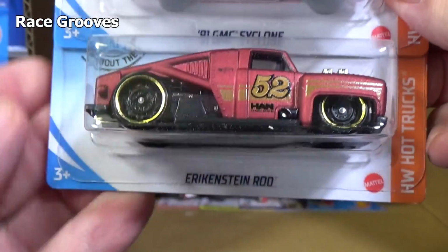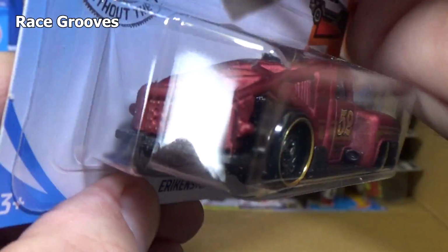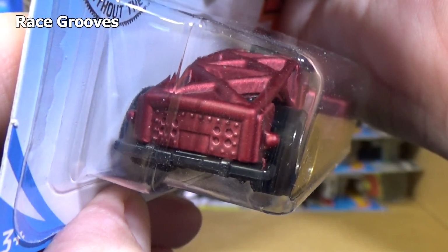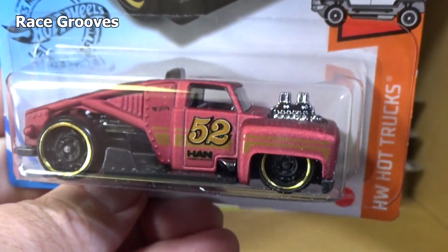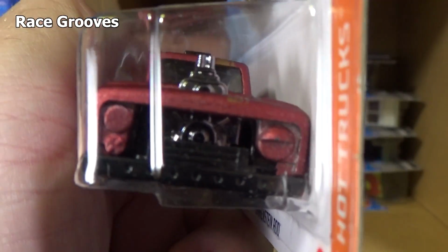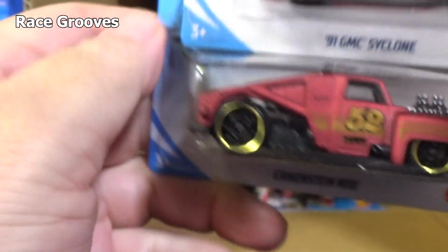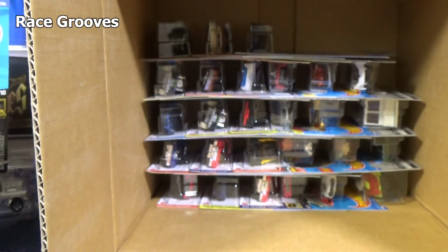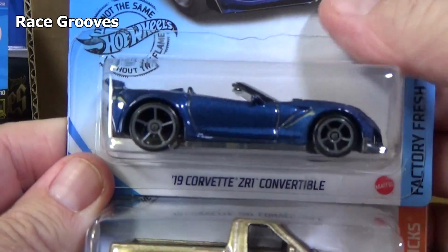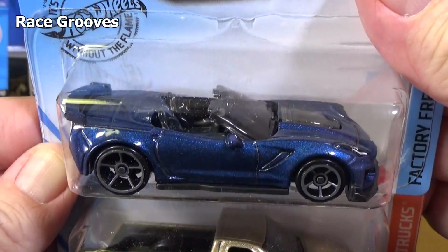Another Cyclone in red, Erikenstein rod, very nice. People are liking it, even though it's a fantasy model. It looks pretty cool. Just like Bone Shaker, right? That's a fantasy, meaning that's normal, by the way. There's nothing missing. Fantasy means that it's a Mattel creation. They made up the model. And collectors kind of like to stick to licensed models like this